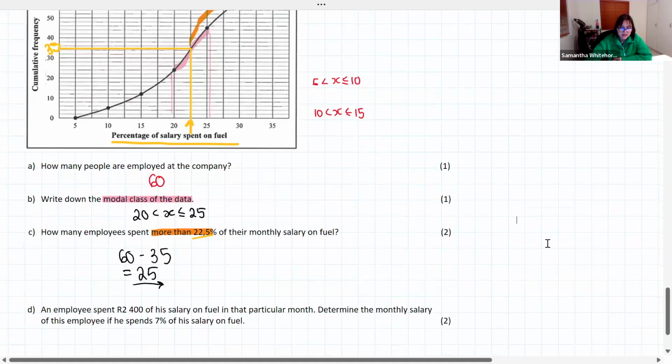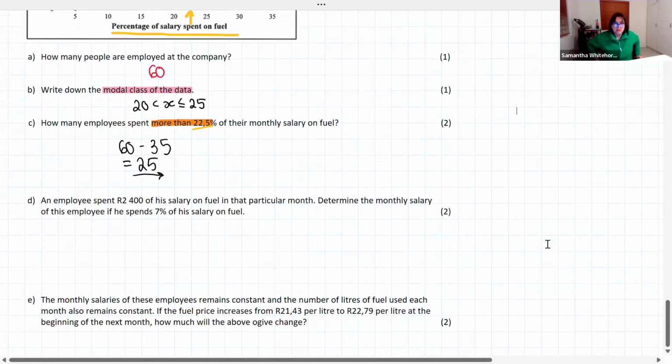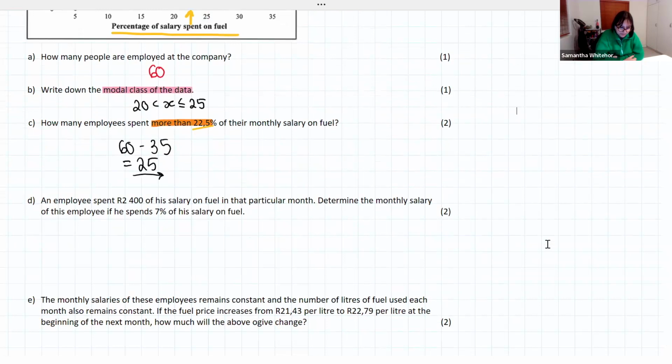Okay, question D, and again, this is now where we start to panic because there's a few more words that we need to read and we don't read properly. An employee spent 2,400 Rand of his salary on fuel in that particular month. Determine the monthly salary of this employee if he spends 7% of his salary on fuel. Okay, so